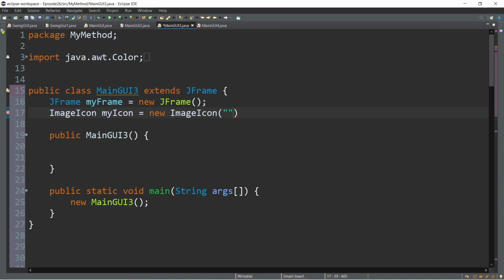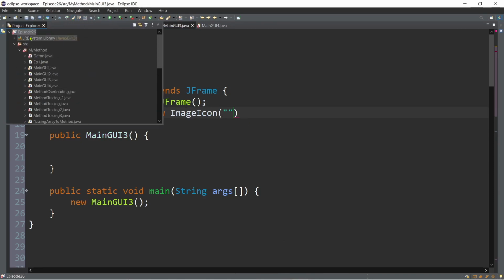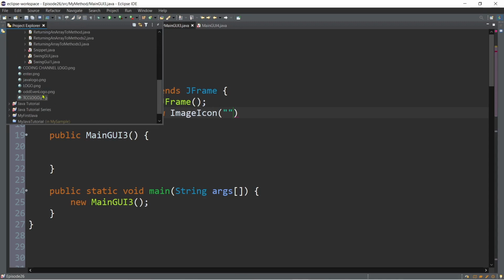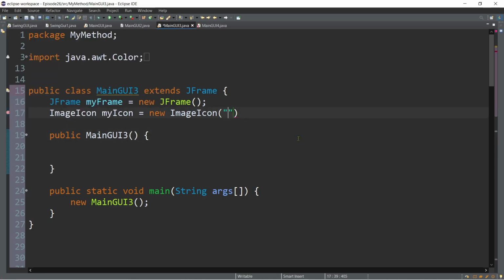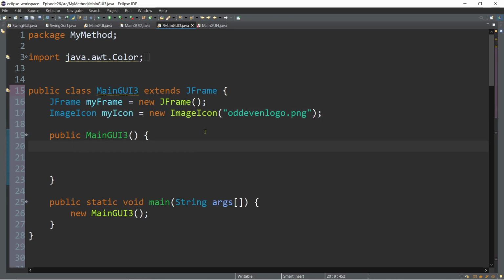file name of our logo here, but make sure that the logo is included in your project. You need to copy and paste it here. For example, I want to use the add-even logo for the icon image, so add-even logo dot png. Just use lowercase here. Okay, and then inside of our constructor method,